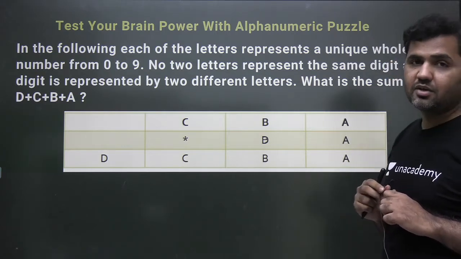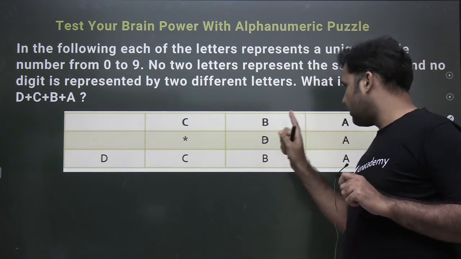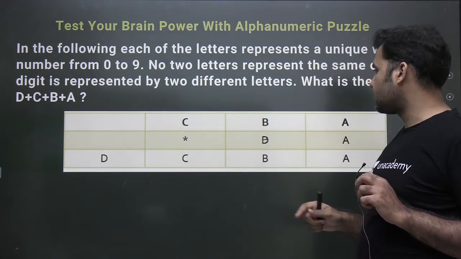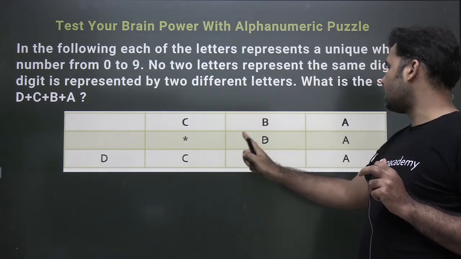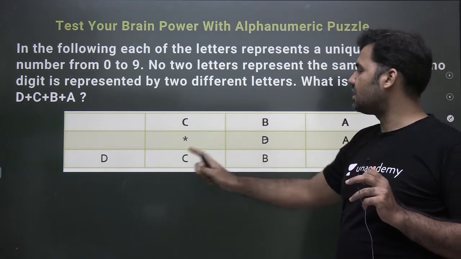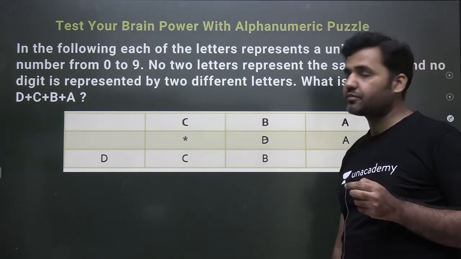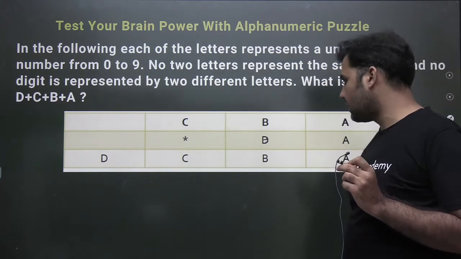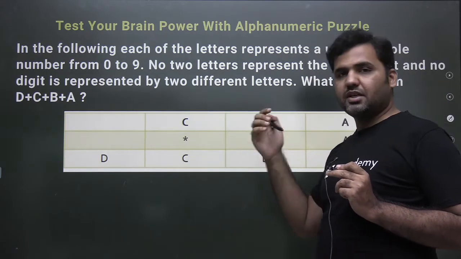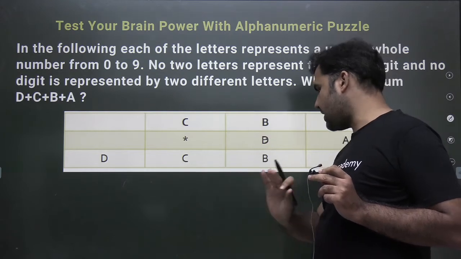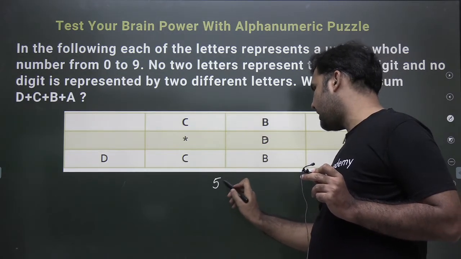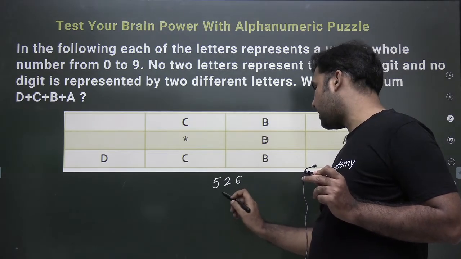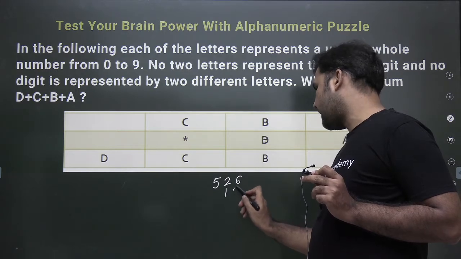The main point that you need to catch on looking at these numbers is, this is a 3-digit number and this is a 2-digit number, and final result is a 4-digit number. Now keep this in mind, guys. When I'm multiplying any 3-digit and 2-digit number, let's say if I take any number, let's say 526 is multiplied by 12, right?